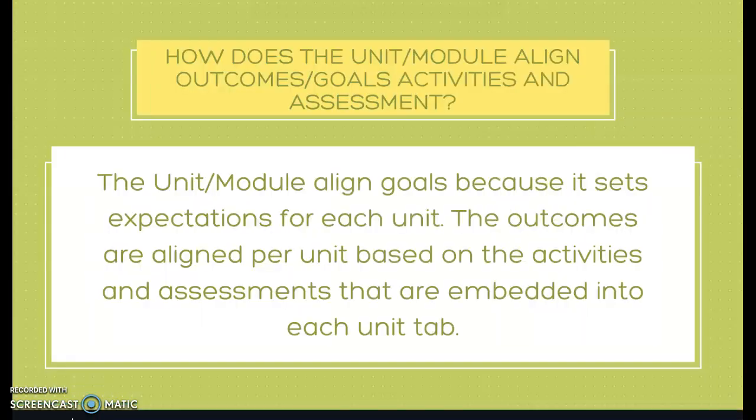How does the unit module align outcomes, goals, activities, and assessments? So the unit module aligns goals because it sets expectations for each unit. The outcomes are aligned per unit based on the activities and assessments that are embedded into each unit. So I know that's a lot. So basically, the goals,